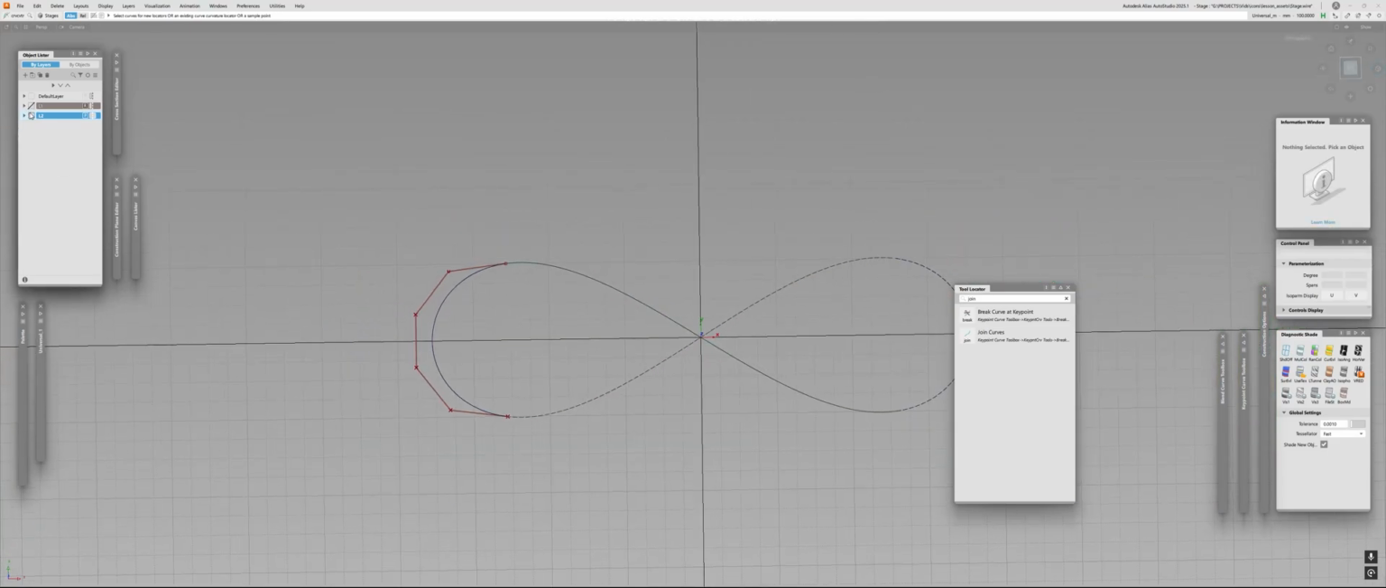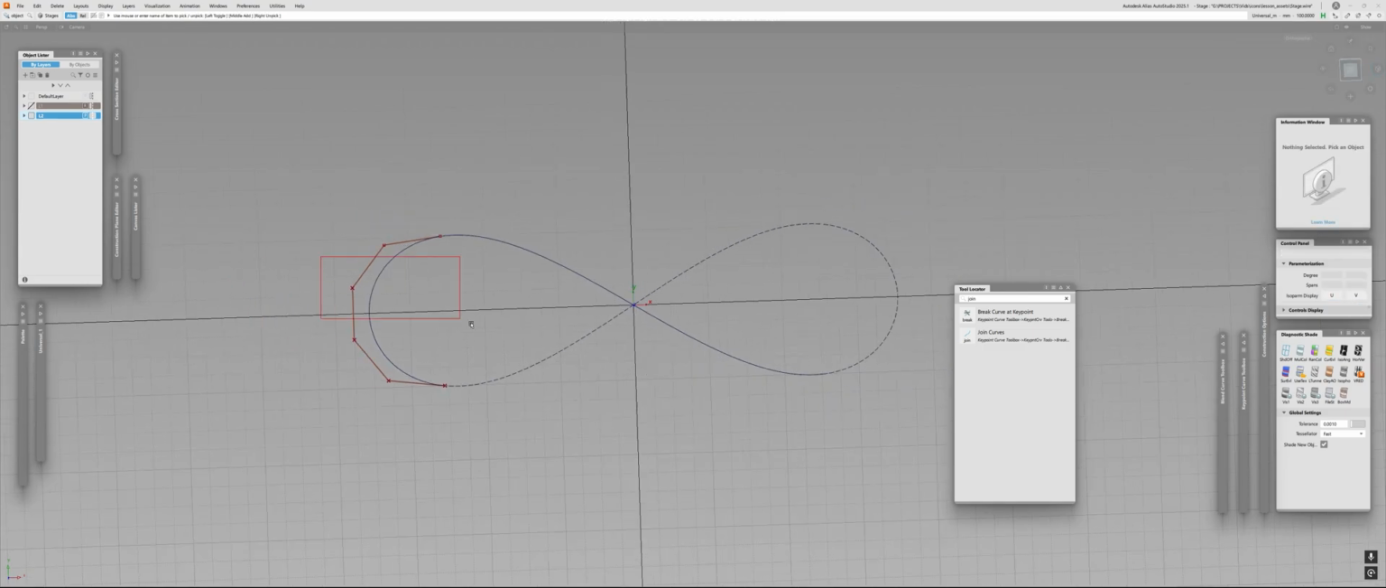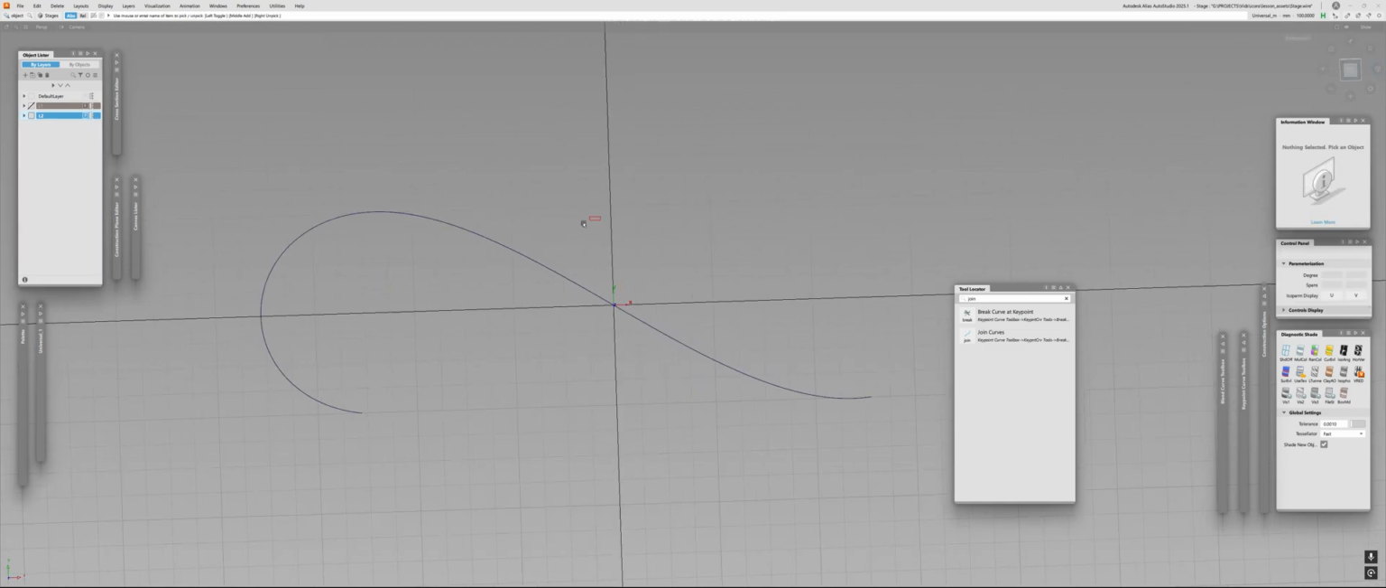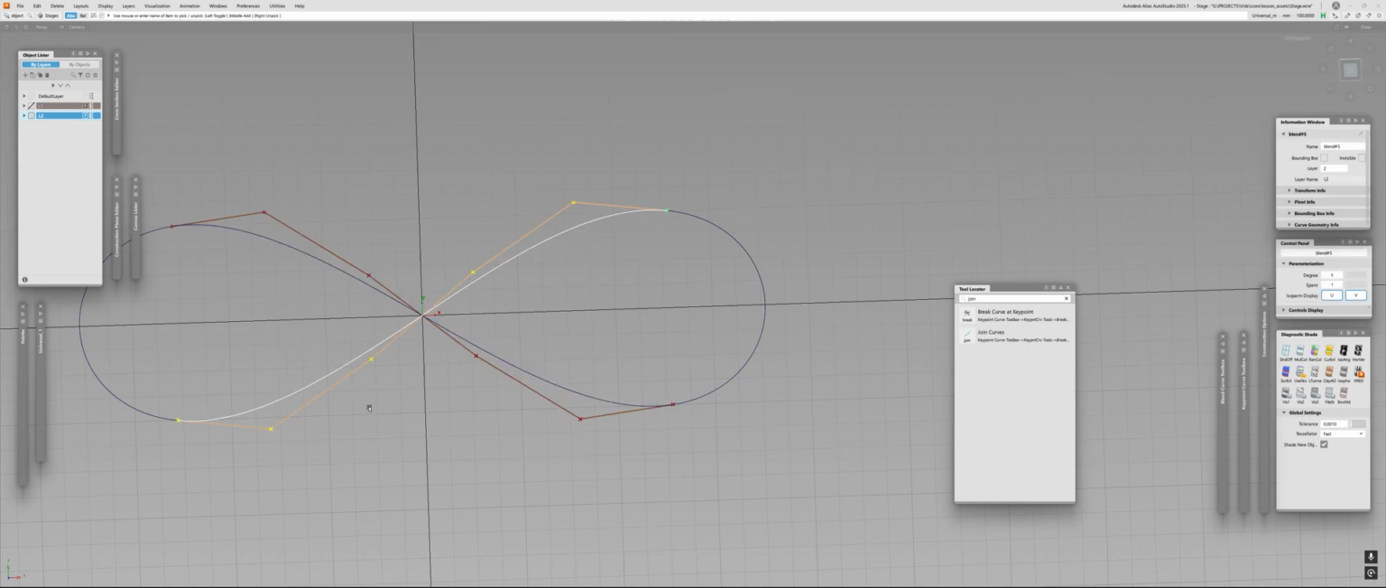So let me hide this original model. Let me delete the history. I don't need that anymore. Let me turn off the symmetry and just flip it on the other side. All right, now before we perform the export from these curves to the vector graphic editor of choice, mine is